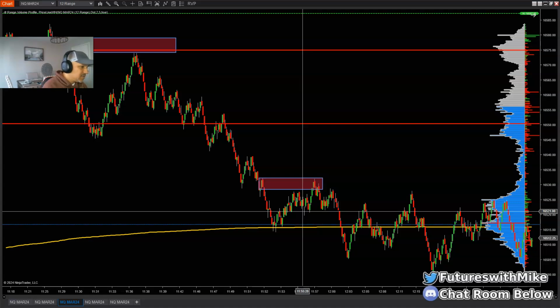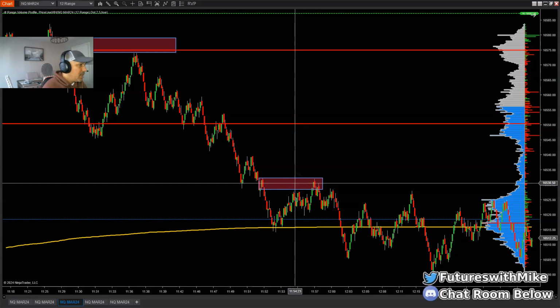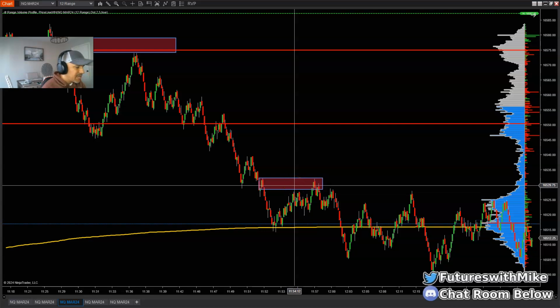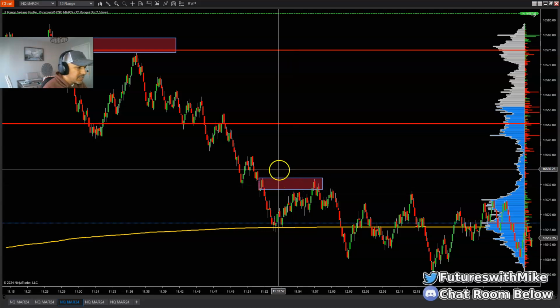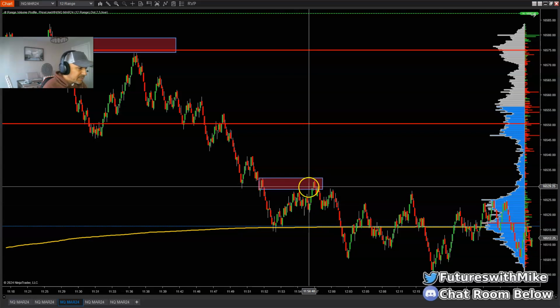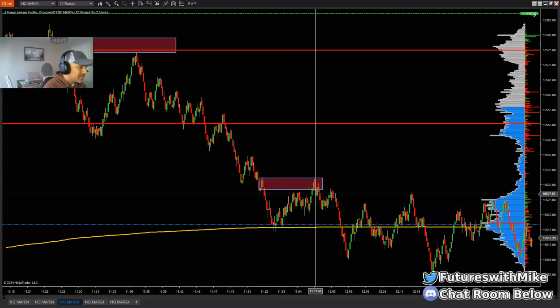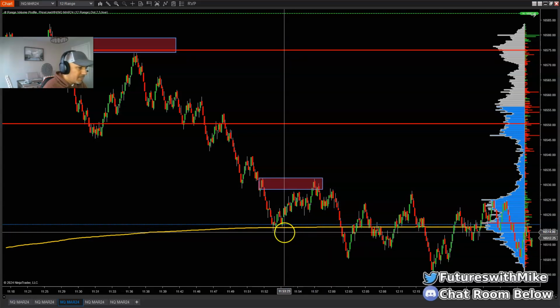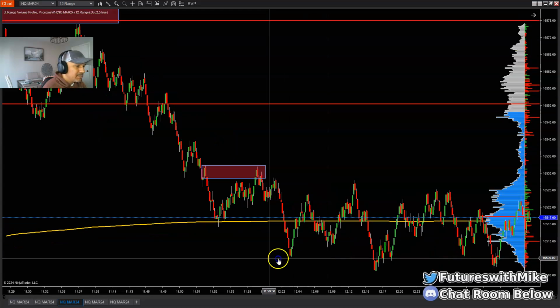Once I mark my zones, whether it's on a higher or lower time frame chart, I'll leave them blue. And if the market doesn't violate them, and it follows through and rejects it, then I'll change the color to red if it's a supply zone. If it's a demand zone, then I'll change it to green. This case here was supply. So we got the break of the candle to close in the opposite direction. Go short. We're below the low right here at 514, and it aims for lower areas below that.